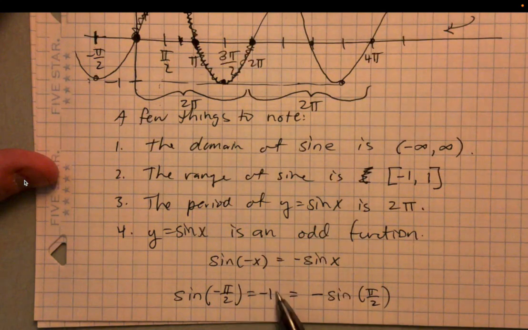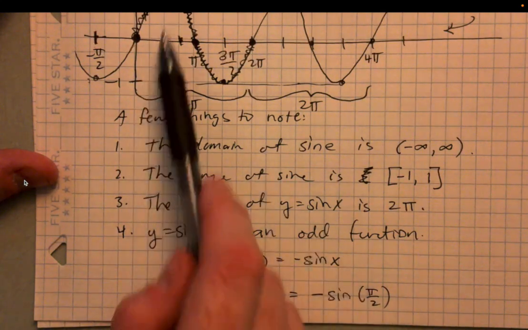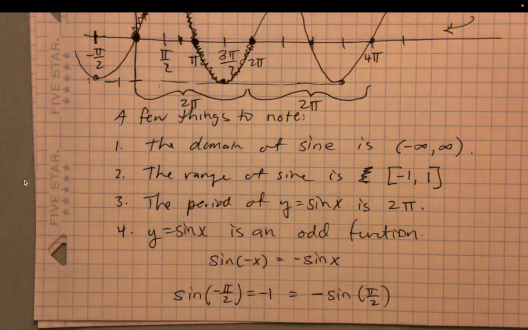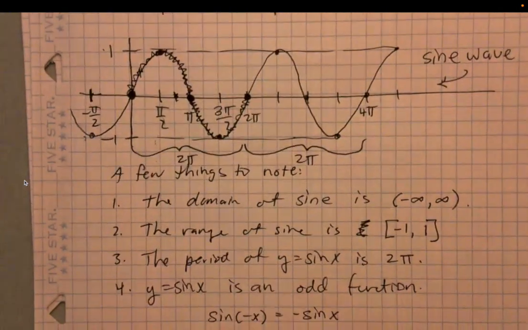which is the same value. -1 is equal to negative sine of pi over 2, right? So it's just a little technicality about how the function works, okay, with the argument. Okay. And so this is the graph of the sine function, and here are kind of